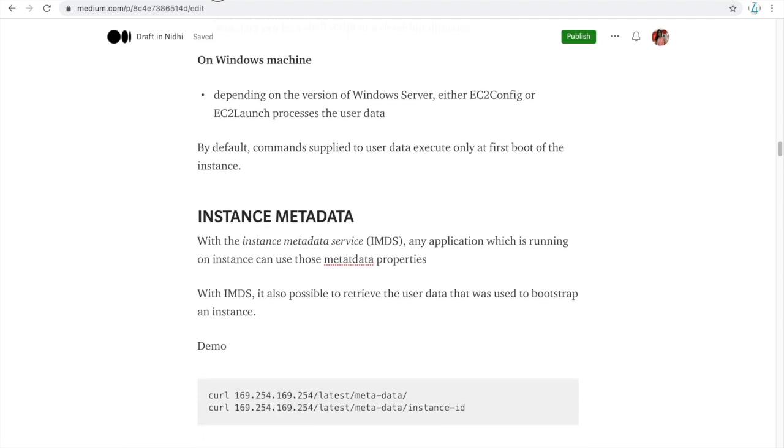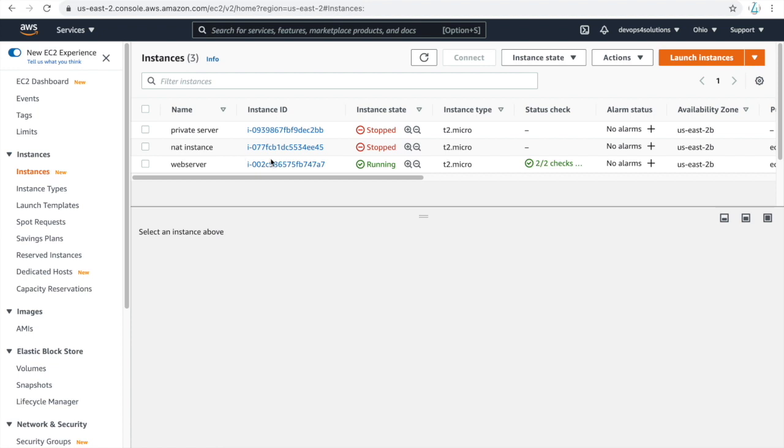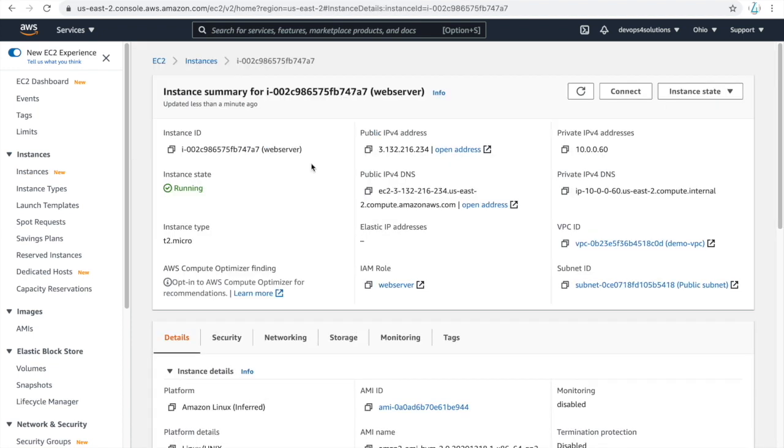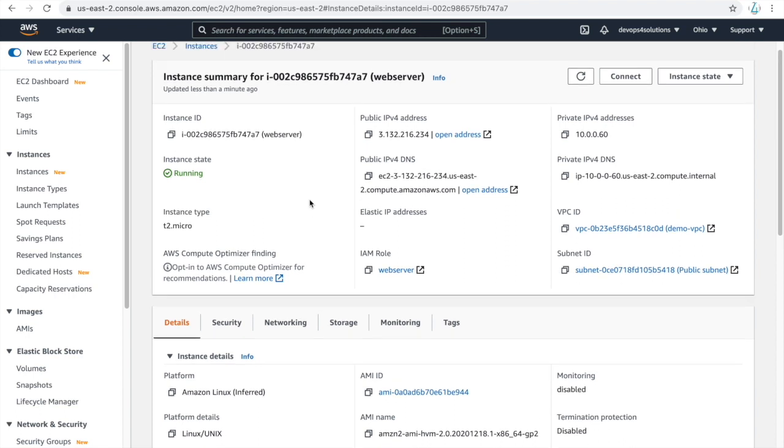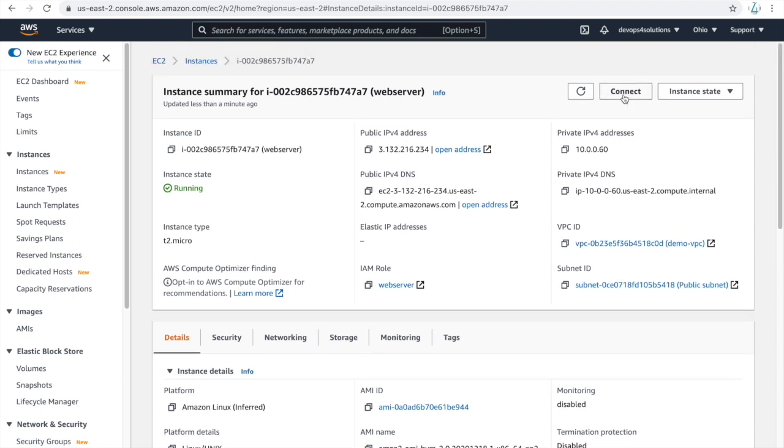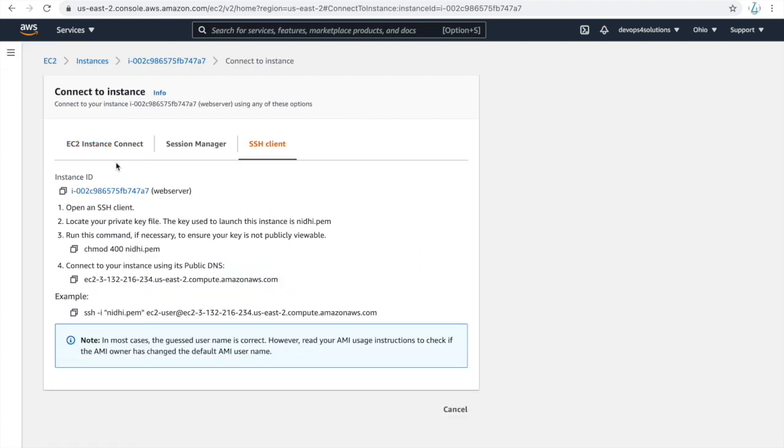Okay, so I have this EC2 instance already launched here. I will be showing you how to create it, but right now let me just show the demo. To connect to your EC2 instance, you have the Connect option, and there are a lot of options that you can use. I'm using SSH, as I have this private key. So let me go to my terminal.